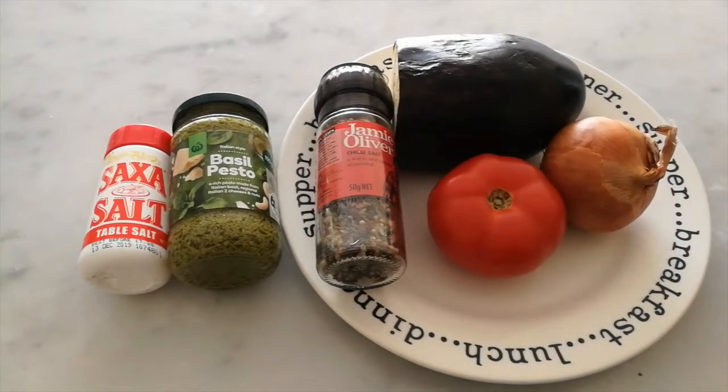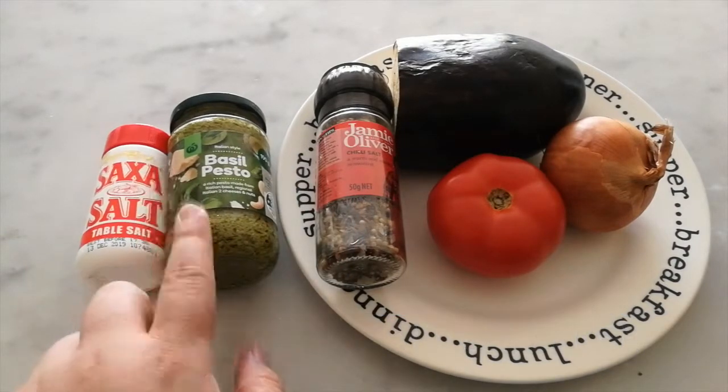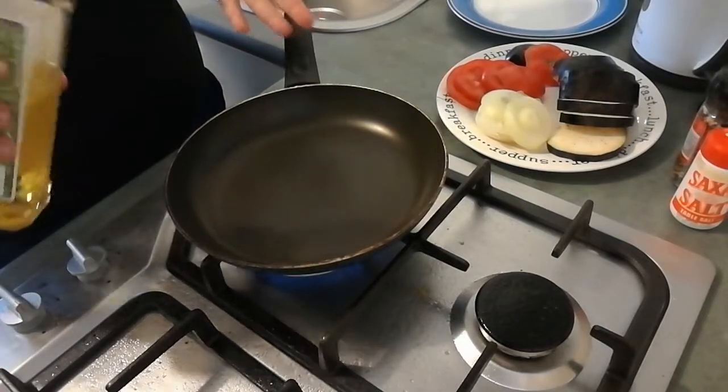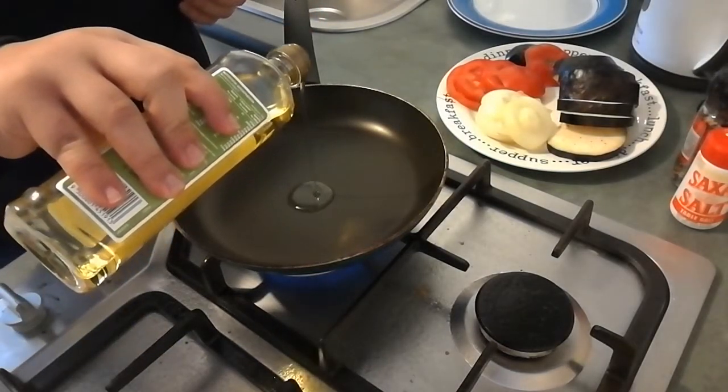And then to taste, you may choose to have your natural salt and pepper. And of course, don't forget, you're going to need a Basil Pesto sauce, which you're going to slather all over your own choice of bread. It's going to be amazing. Let's go! Now, using a non-stick pan over low heat, you'll want to put just a little bit of olive